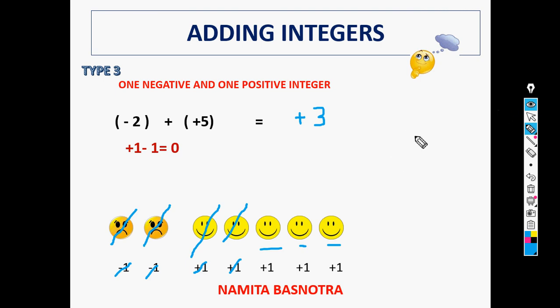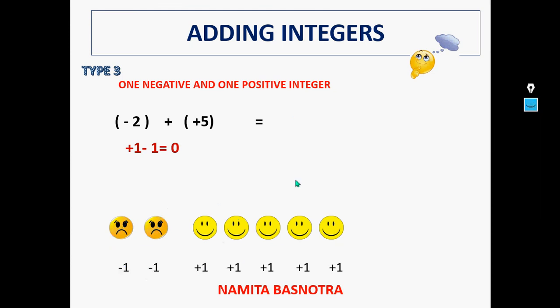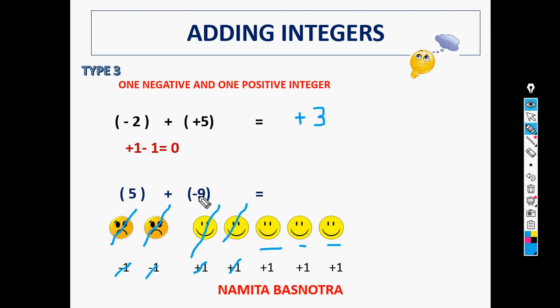Now let's take another example, and this time we are going to do it mentally. See how we can do it. This is my second example I've taken for you. It is 5 plus minus 9. When you have different signs, 5 means plus 5. Can you see now the signs are different? This is plus and this is minus. I have to add two integers which are of different signs. So in this case we will subtract. Whenever you have integers of different signs, the first thing you do is subtract.